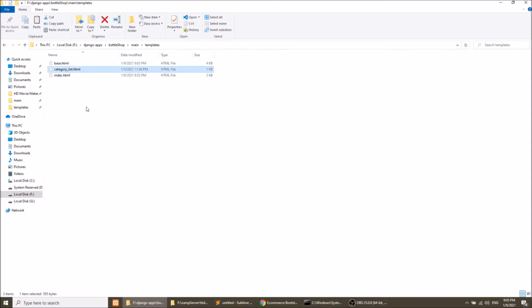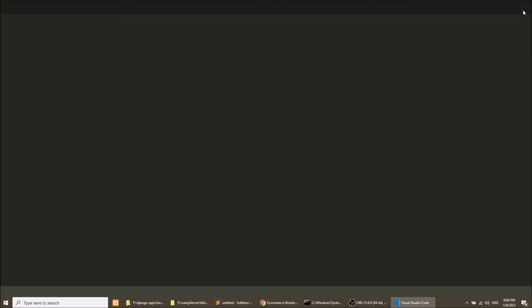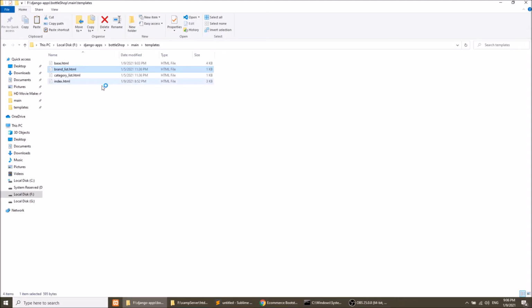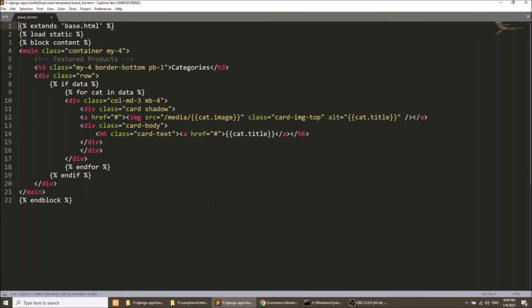Now I will copy. First of all we will create the brand list page. I will copy the category list page, and here I will create brand_list, because the category and brand list pages are similar, just the data will change. So I need to change this. It opens in Visual Studio Code by default, but I will open this in Sublime Text.